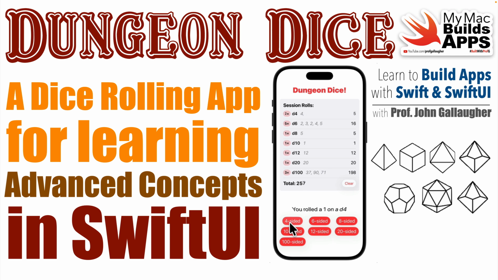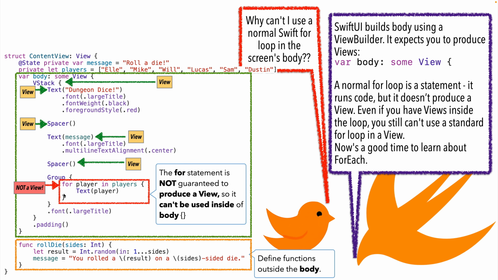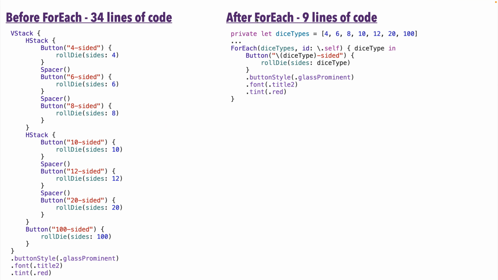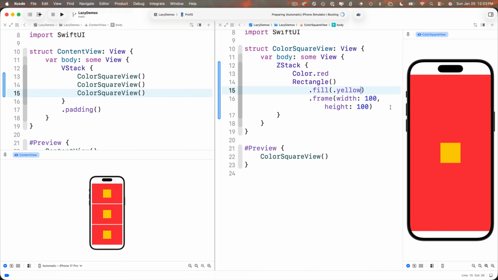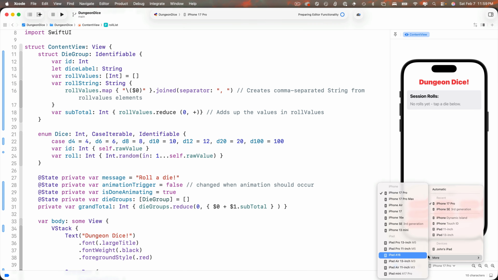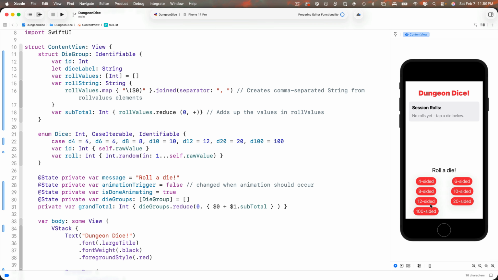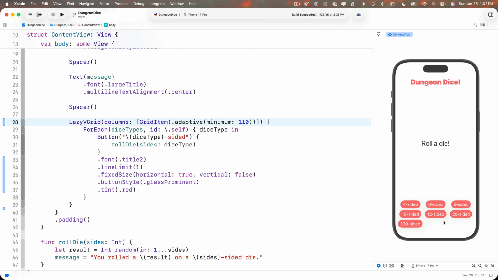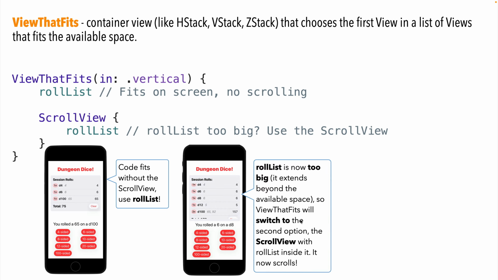To get to this end result, we'll have a lot of big learning, including using ForEach statements to create multiple views, including our buttons and our dice rolling lines, from a single statement. LazyStacks and LazyGrids will be used to fit objects in a device size. ScrollViews will allow our results to scroll on smaller device sizes. We'll learn to add different device profiles to Xcode, and we'll use ViewThatFits to dynamically select the best view for